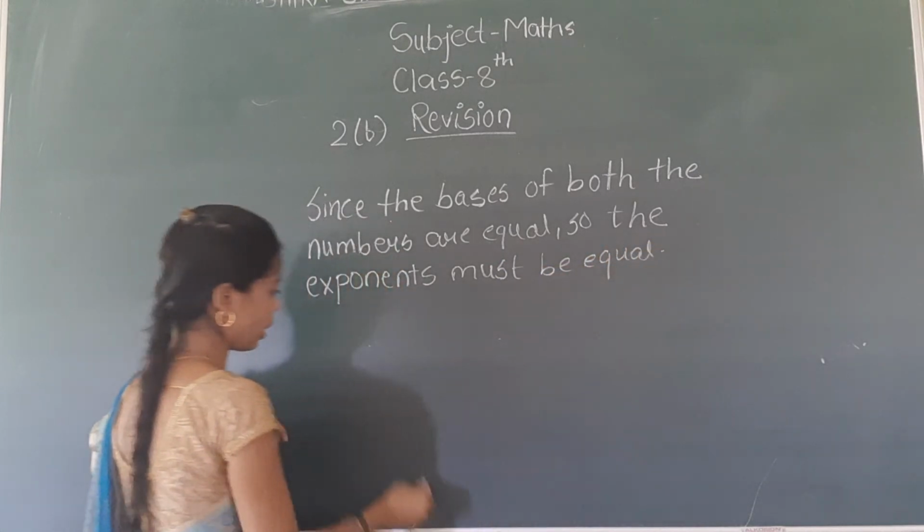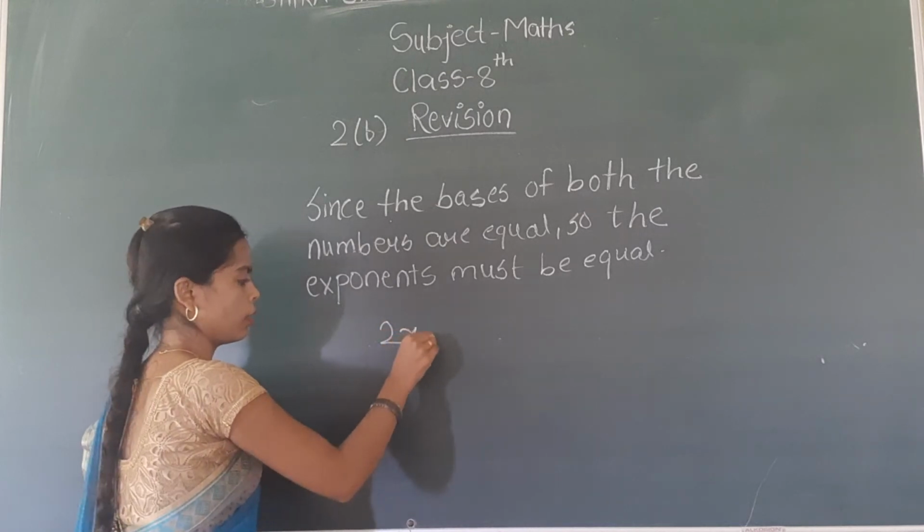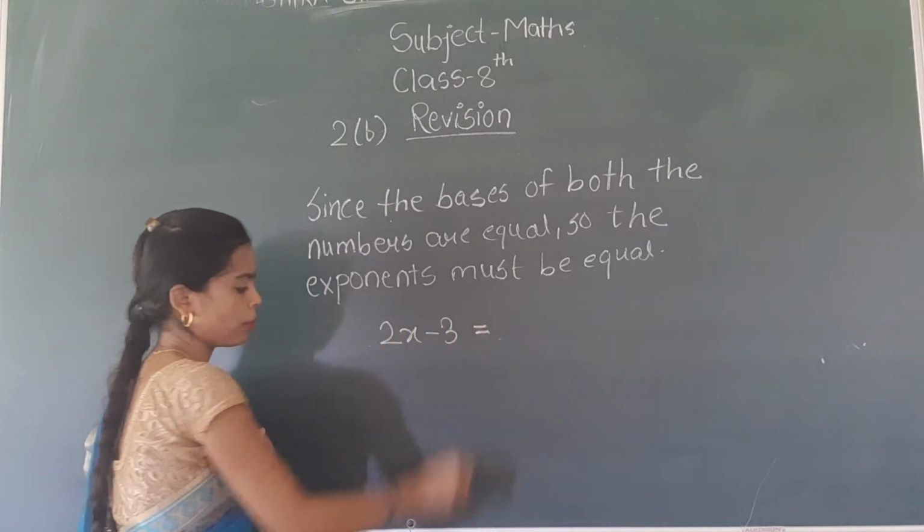Okay, so left side में क्या था 2x minus 3, and right side में क्या हुआ था 5 raised